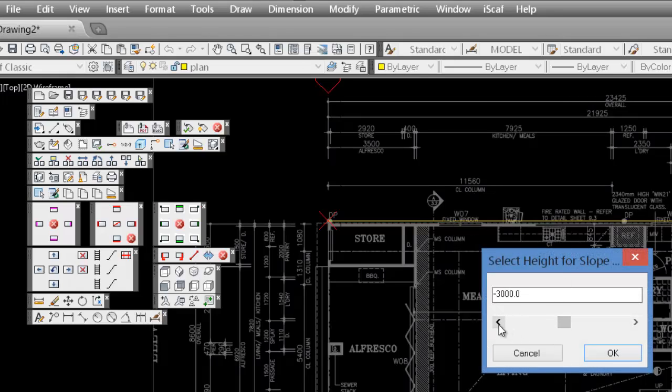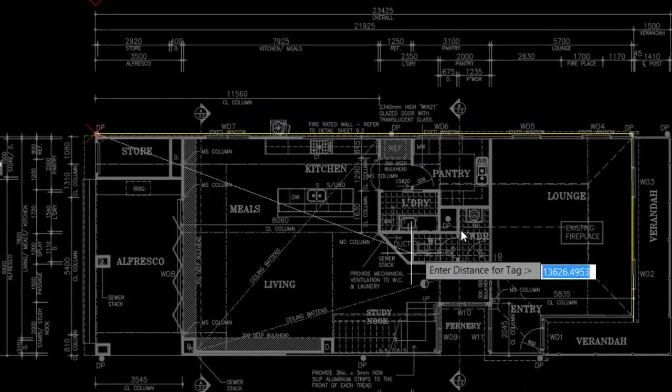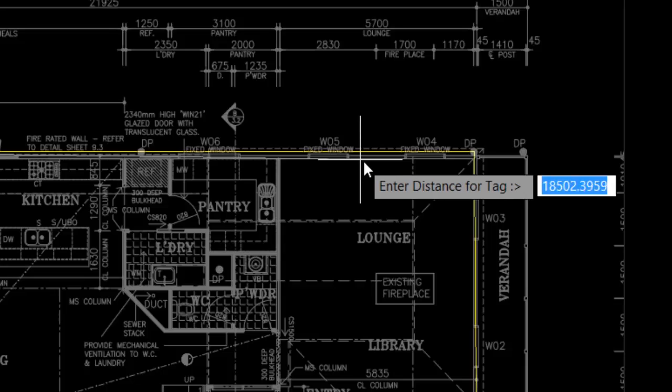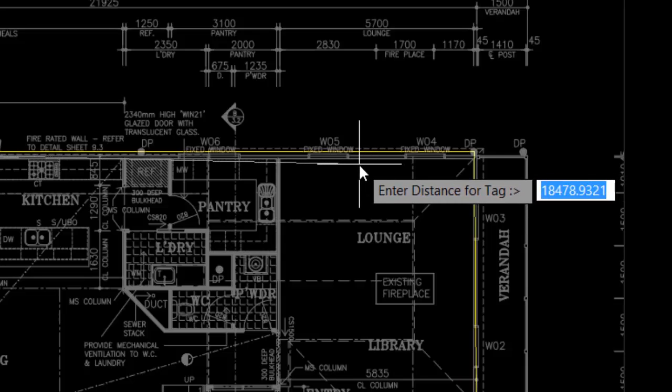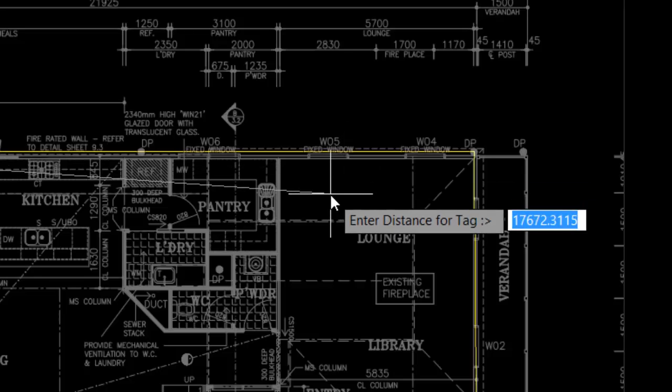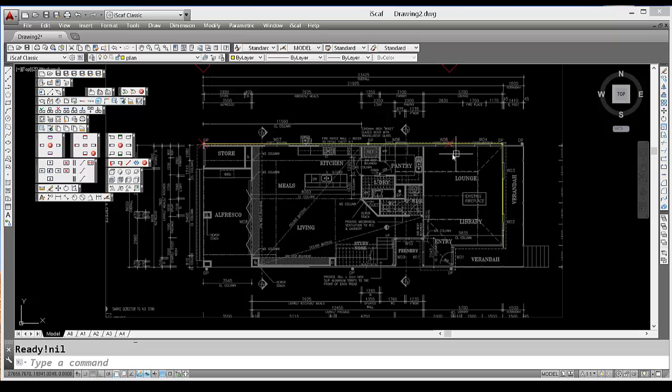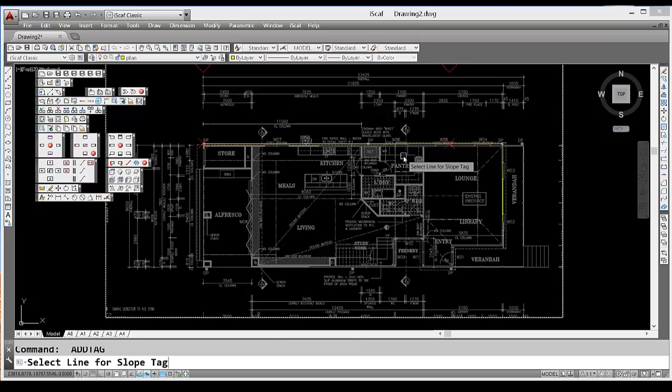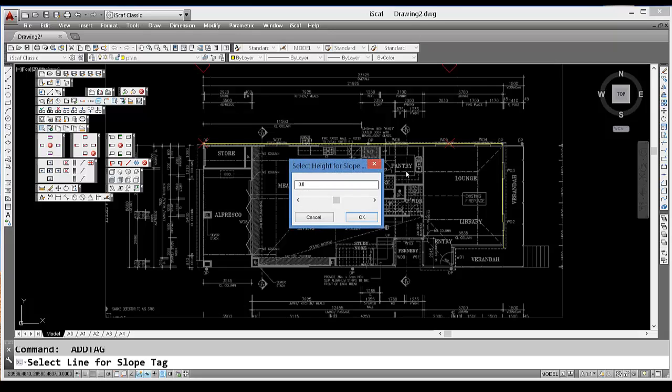Remember that spacebar always repeats the last command, and I'm going to keep that at -4 and up to about this position here. As you can see, that's about 18 meters along. If I wanted to, I can actually type in 18 meters. If I want the slope to then just step right up to maybe -1.5, again, spacebar, select the line,